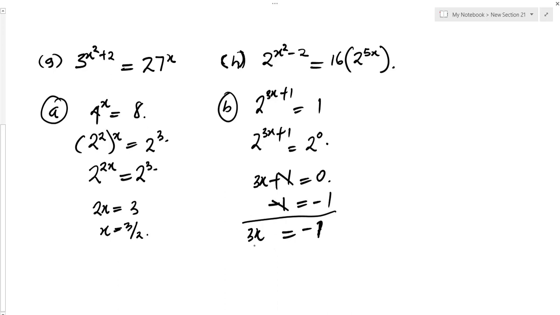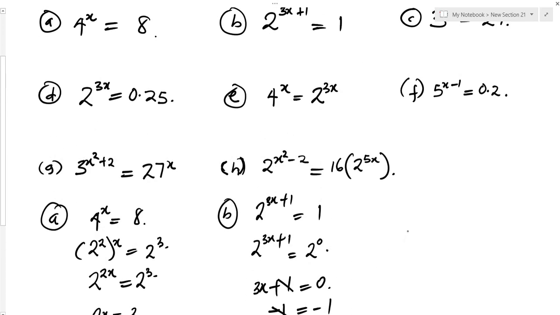So now divide both sides by 3. This will cancel out, and the left hand side will be x equal to minus 1 over 3. So this is the value of x. Then for c,